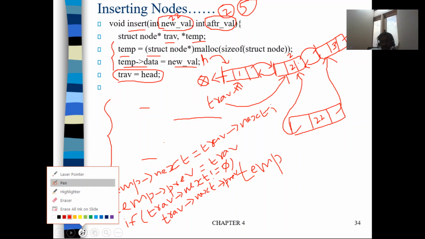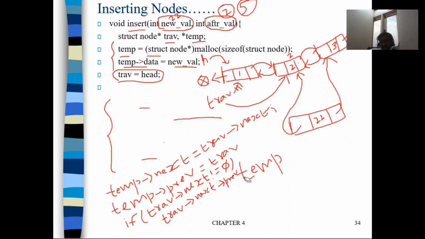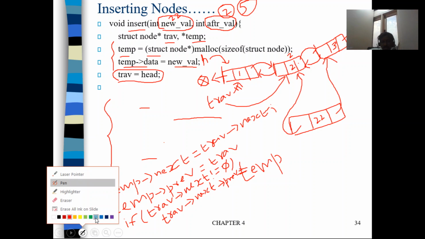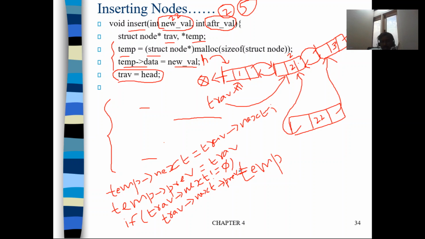That is, traverse arrow next arrow previous is equal to temp.